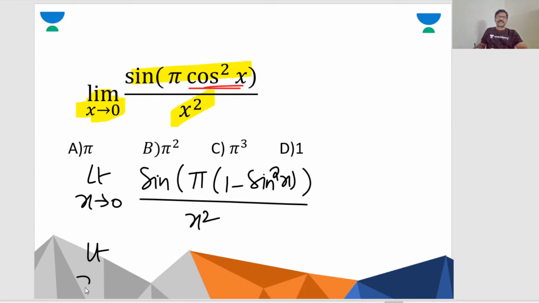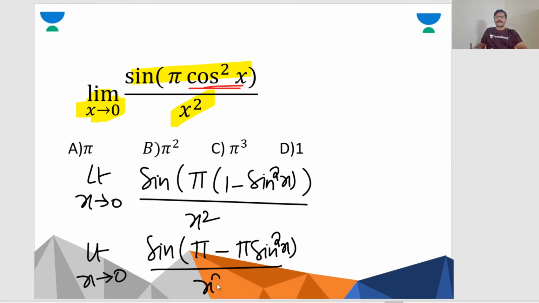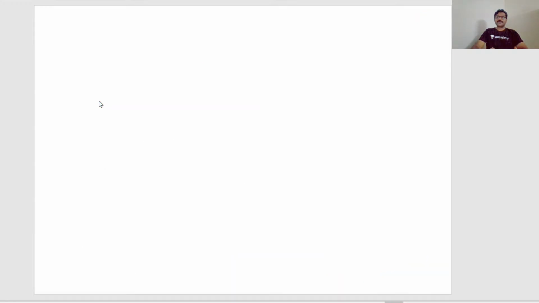Limit x tends to 0, sin(pi minus pi sin²x) by x square. Sin(pi minus pi sin²x), sin(180 minus pi sin²x), sin(180 minus theta) is sin theta. That's why you can write